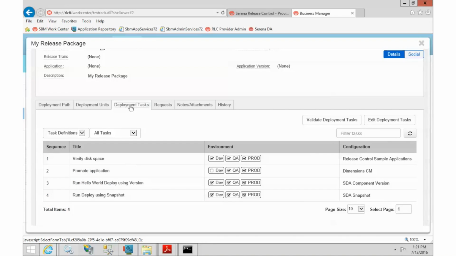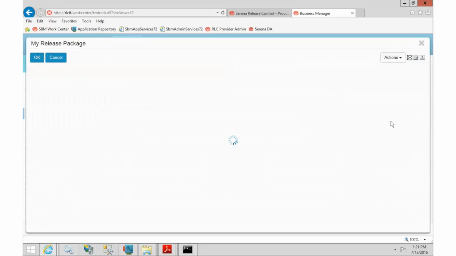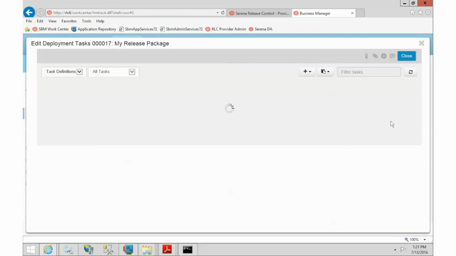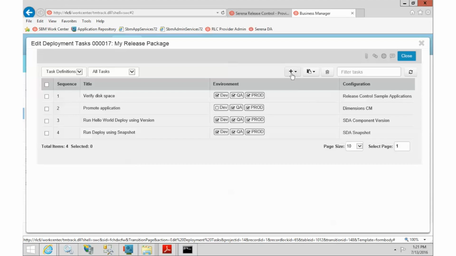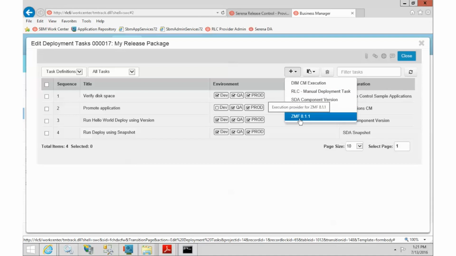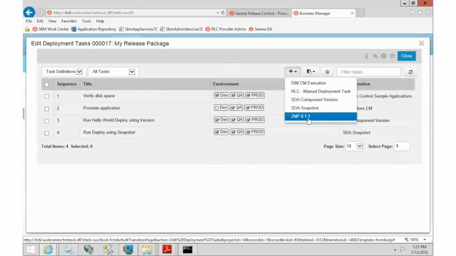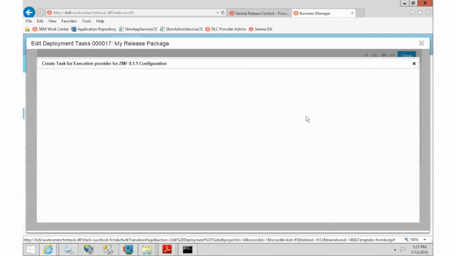Okay, so the next thing that we have to do is create some tasks to run against that. So we'll come over here and say task, and just like on the other tab, we say edit to change the list of tasks. And when we click our plus, we're going to get the name and description, this time from the execute section of our plugin. So if we look back over in our plugin, here's the execute section. So here's the name and description in that area. So we have our name, and then the pop-up is the description. So we pick it,